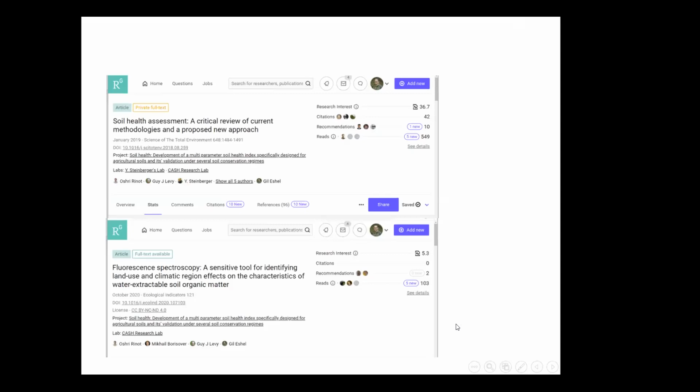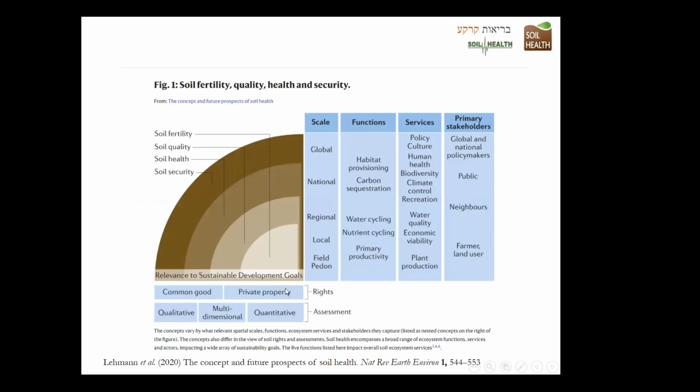Up to now, we were able to publish two papers, and there are several others on the way, I hope in the near future. As I said, all these soil health, soil quality, soil fertility and soil security issues are definitely a big issue. As we thought, soil quality is more at the national level. It's not meant to give a recommendation to a farmer on how to treat his field. It's more for public or general knowledge or governmental